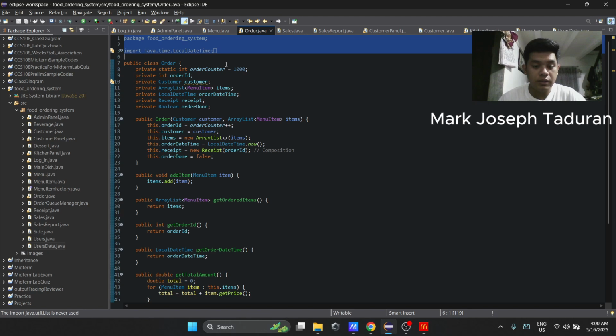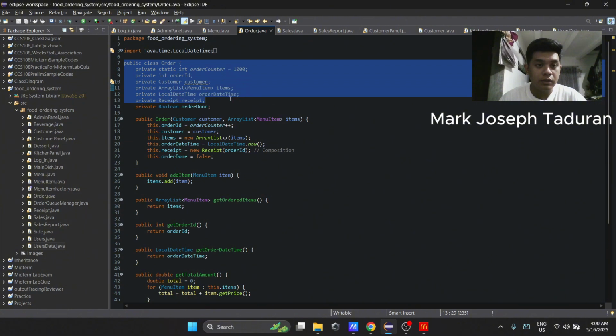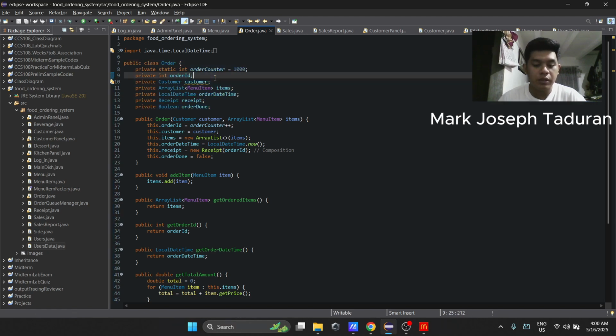So next, this line of code. orderCounter is a static auto-increment starting at 1000. Customer is an association. The order knows who placed it but can survive if the customer object is deleted. Receipt shows the composition. A receipt cannot exist without its order.